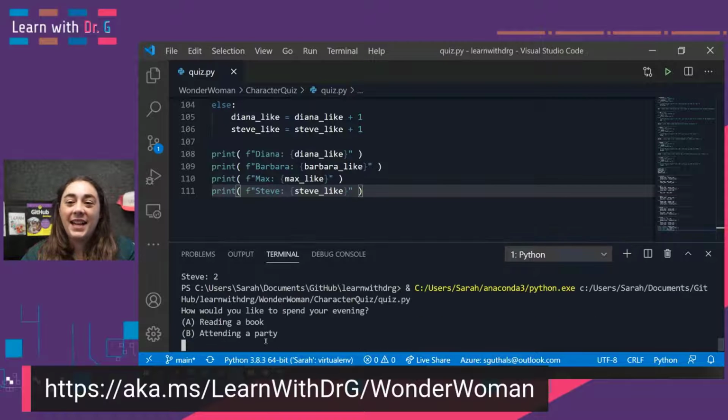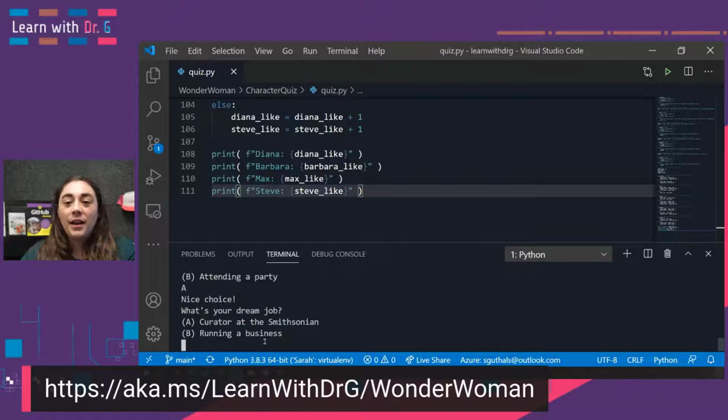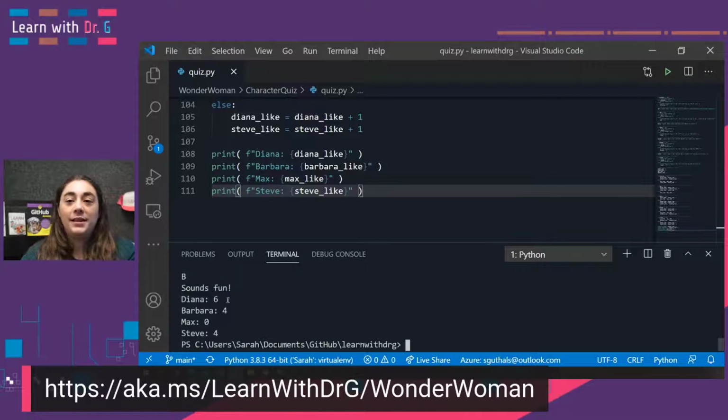So we can run that again and do reading a book, curator, 1910s, and flying. And now we're most like Diana. So we can see that we're going to get one that's the most. And we did a little bit of math on the side and just made sure that whatever combination of answers that you got,